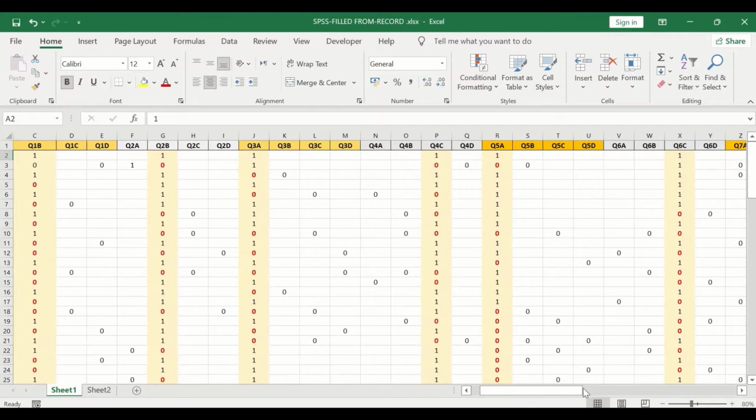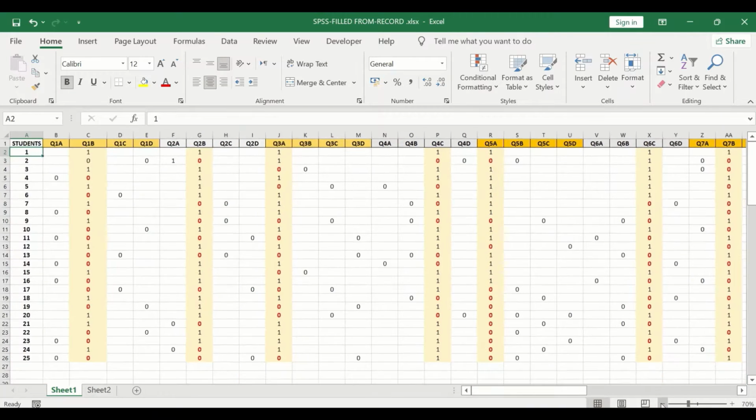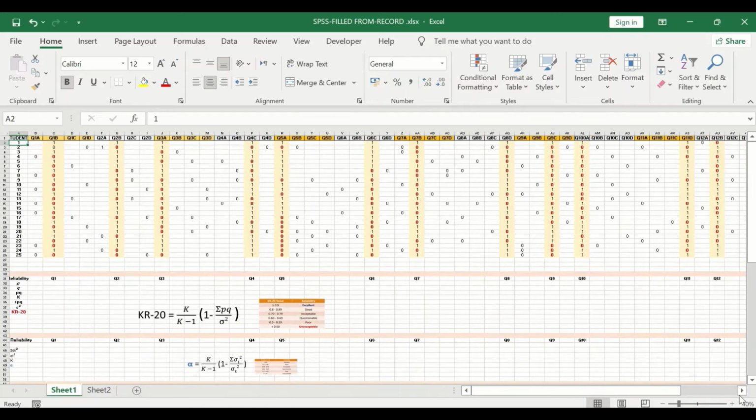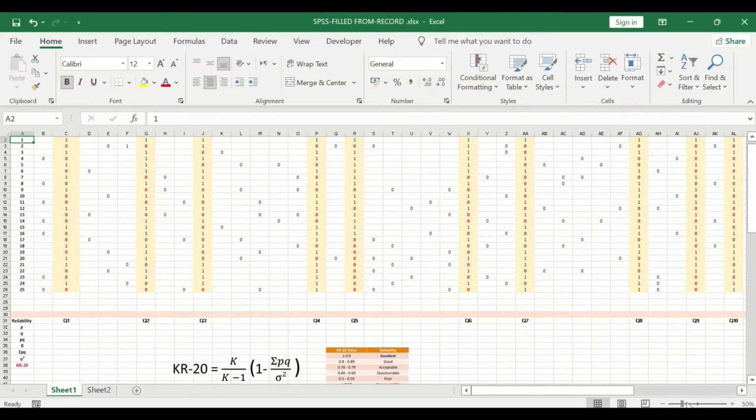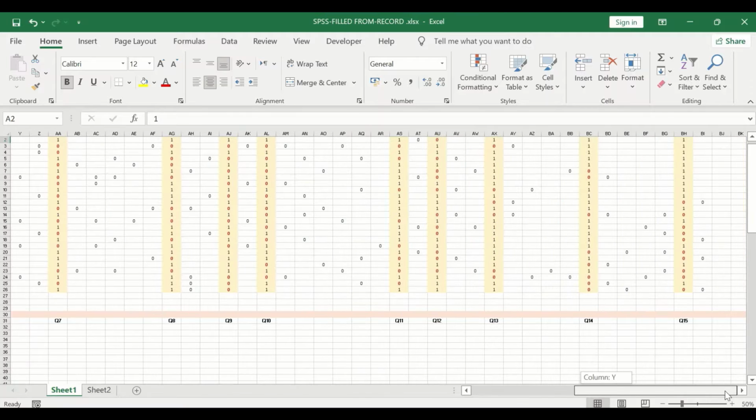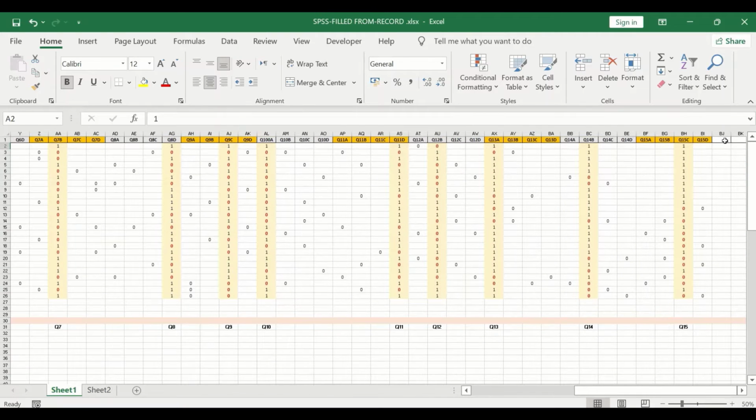So I'm going to decrease the view here so I'll be able to see more of the data. Into the far right, I'm going to generate a column and label it total score. And to calculate the total mark achieved by each individual, we're going to add all the scores